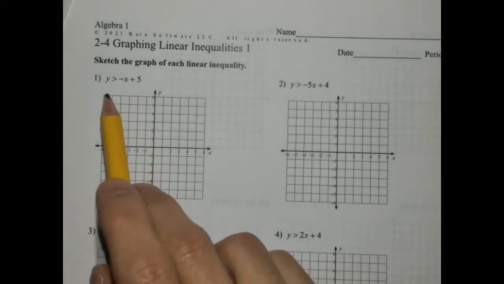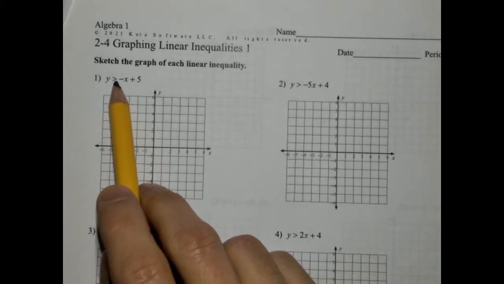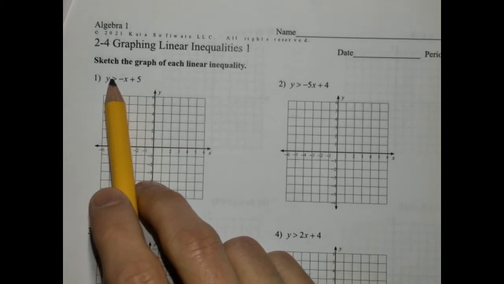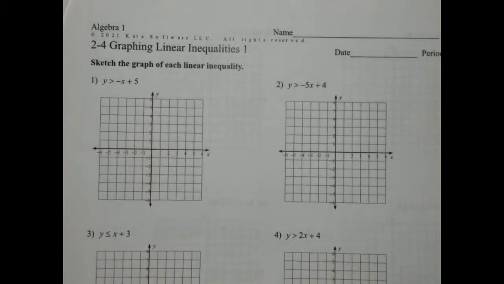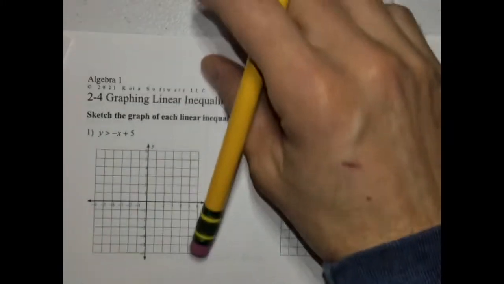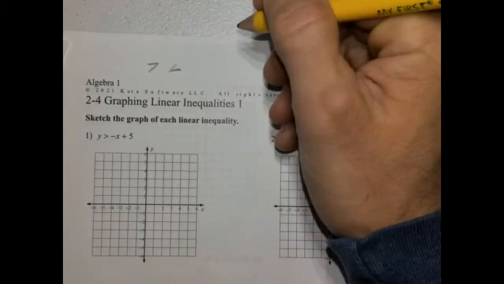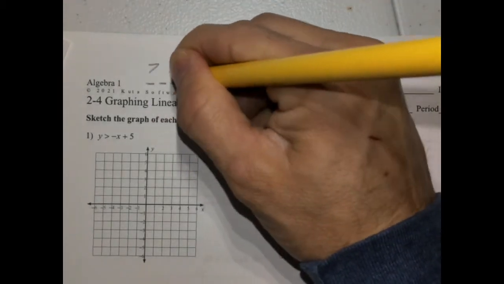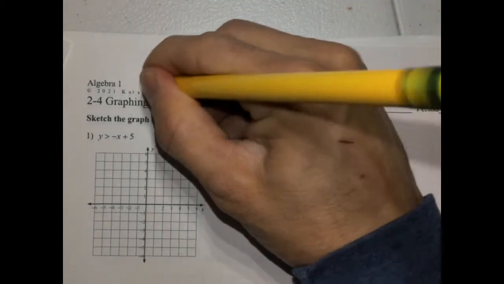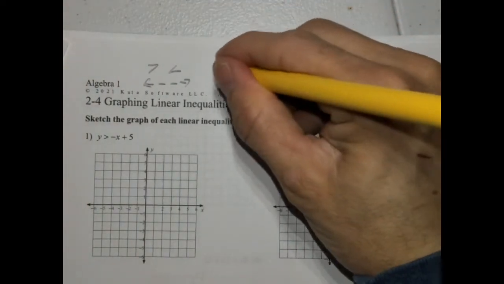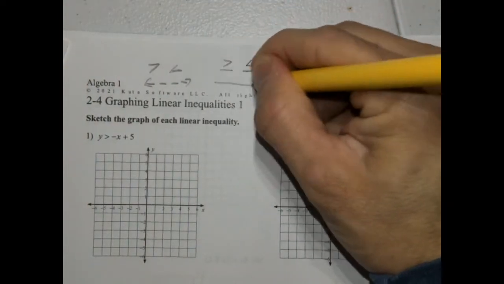So the first thing we need to understand is that this inequality symbol will dictate the type of line we're going to use. It's either going to be a dotted line or a filled in line, and that really matters if it's inclusive or not inclusive. So if it's greater than or less than, it's going to be a dotted line, because it's not inclusive. If it's greater than or equal to or less than or equal to, it's going to be a solid line